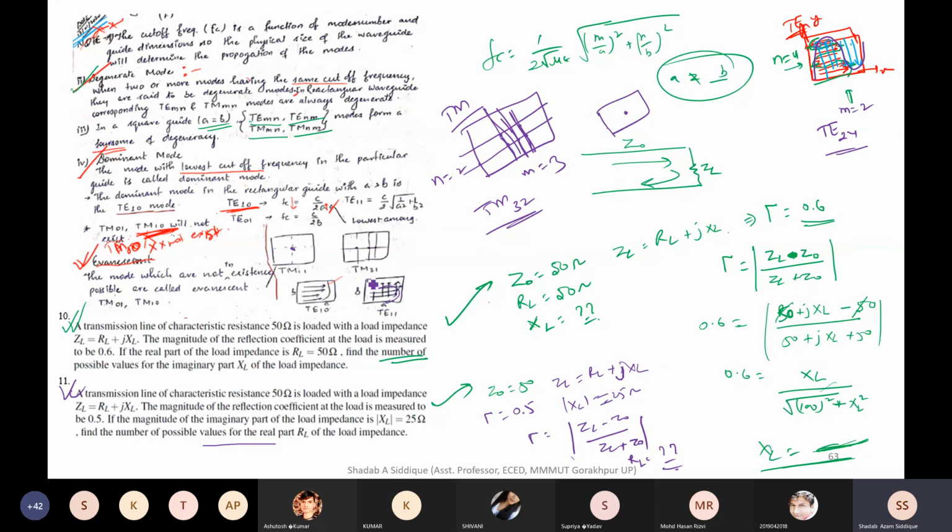TE11, one is like this, sorry, one is like this and one is like this. Here only one is there. So TE10. Okay. Am I correct? 1 minute. Yes. It's confusing. Has there been some mistake? Looking from this side. Okay, 1 minute. No, it is wrong. It is wrong. Looking from this side.